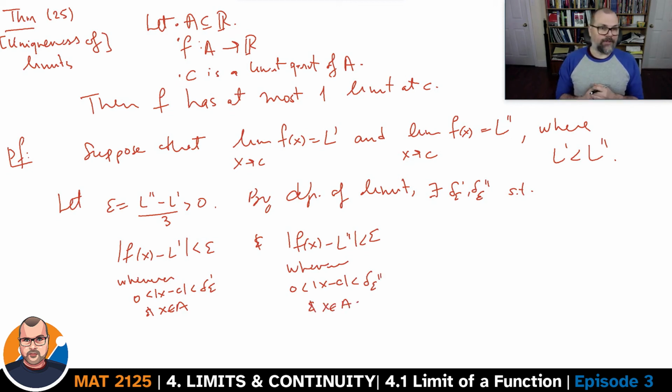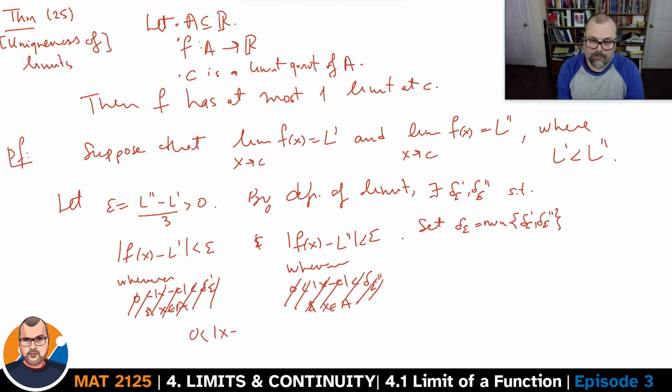I'm going to pick the delta epsilon which is the smallest one of these two. And now this holds, and this holds, whenever x minus c is not equal to 0, and its absolute value is smaller than delta epsilon. When that's the case, then